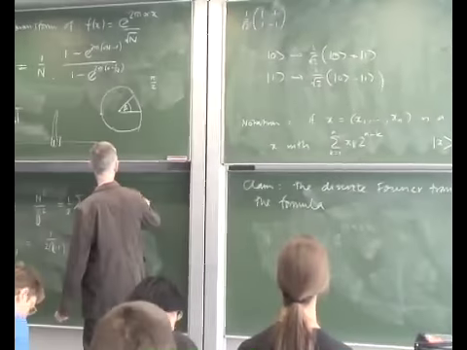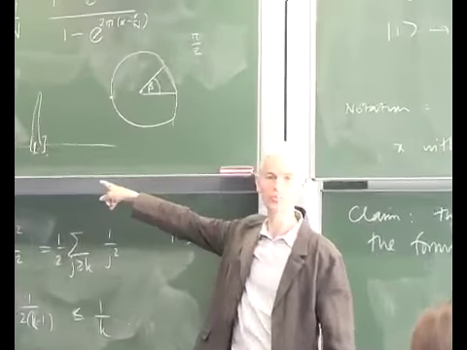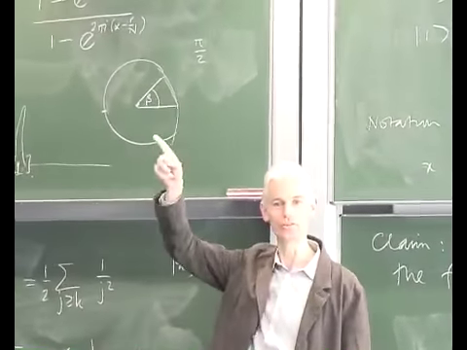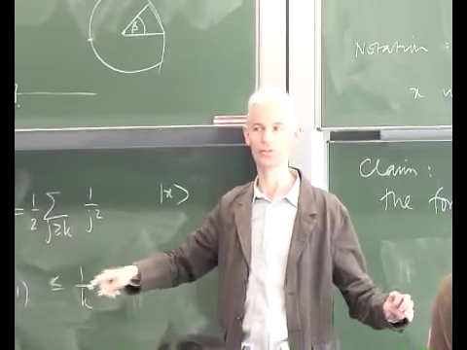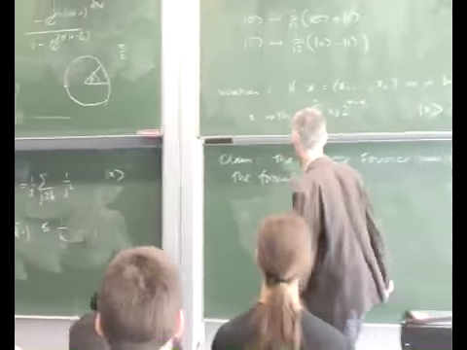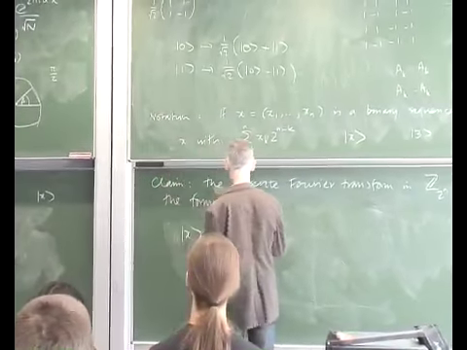By the way, the state x in the old language would correspond to the function that's 1 at x and 0 everywhere else. So the formula is x maps to